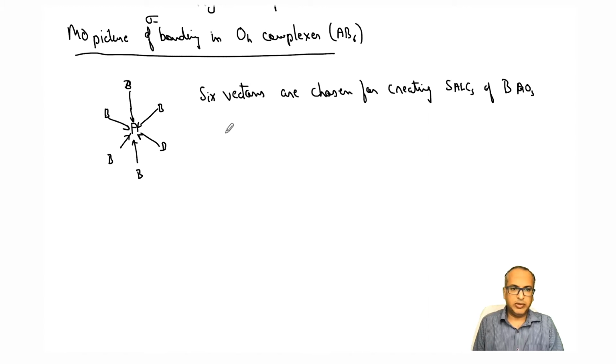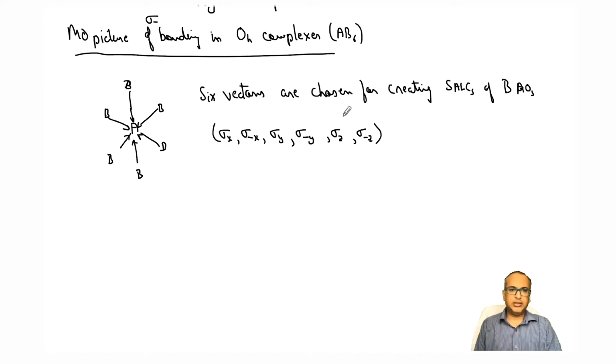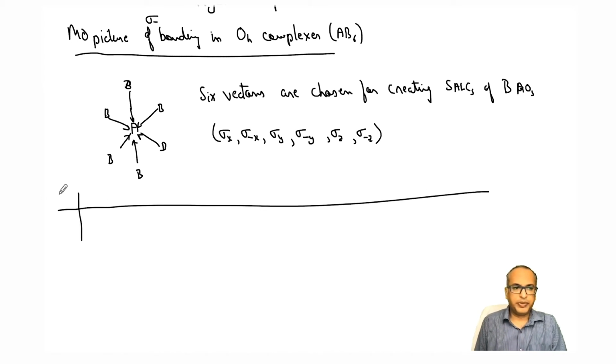So these will be called the bases: sigma x, sigma minus x, sigma y, sigma minus y, sigma z, sigma minus z, right? If you take all of this and create a reducible representation under Oh symmetry, you will have